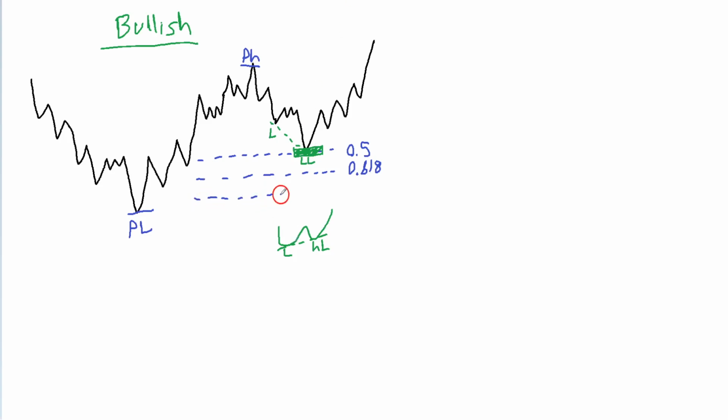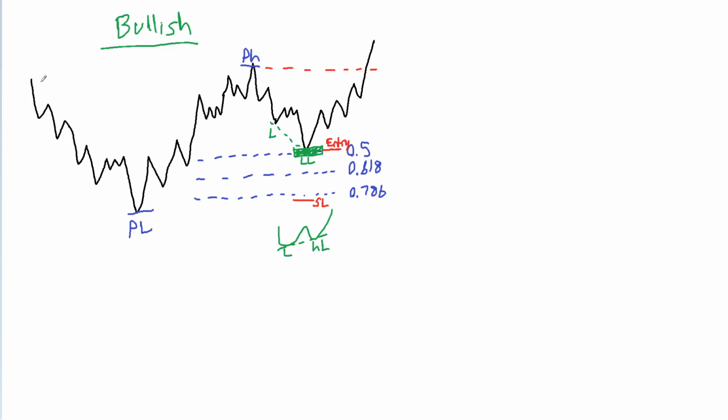And so we would have the 0.786 down here, and in this case, your stop loss would be right below the 0.786. So that would be your stop loss. Your entry in this case would have most likely been at the 0.5, so you'd have your entry right here. And then you have a decent risk to reward if you're targeting this prior high, or you're targeting much higher levels in case this is going to be a trend continuation or an